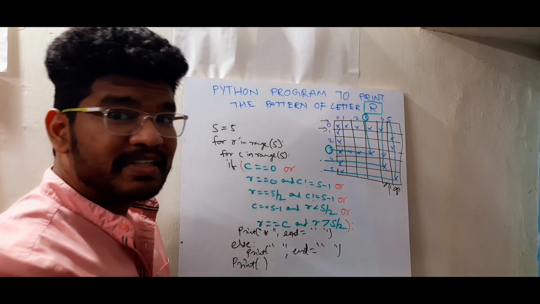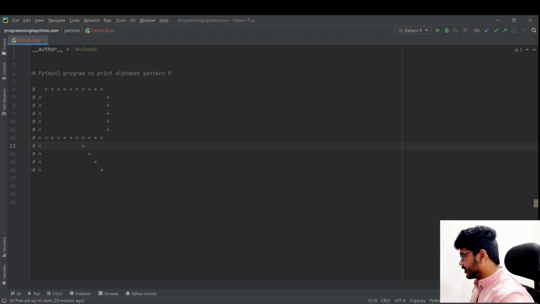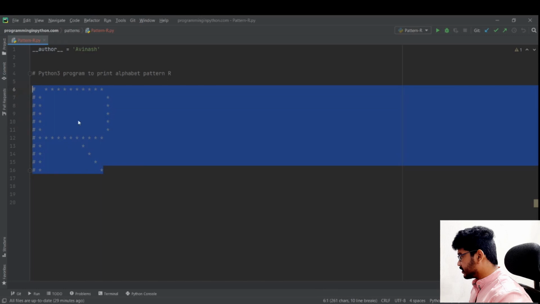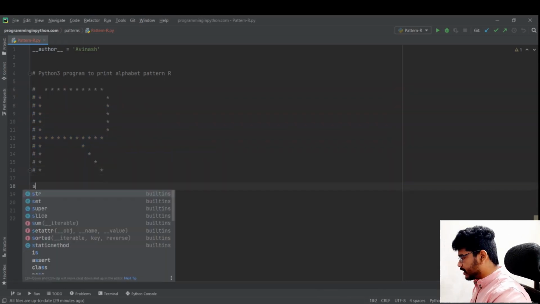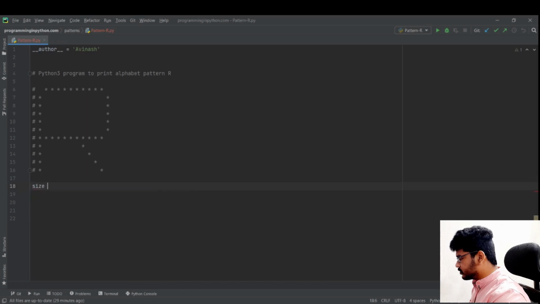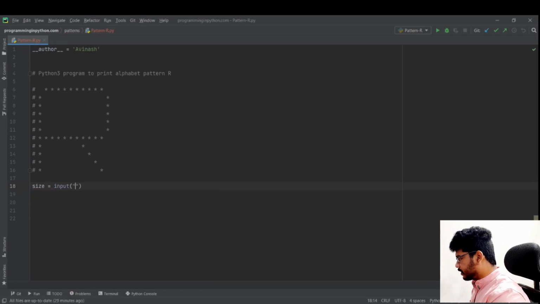So now I'm going to my PyCharm IDE, code the same program, and see the output. So I'm in my IDE. This is the pattern R I'm going to print, which I have just discussed on the whiteboard. So let me start. First I'll ask for the size from the user, size equal to input, and prompt the user to enter any size.